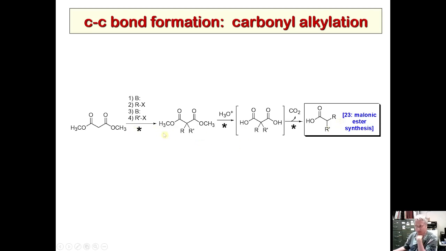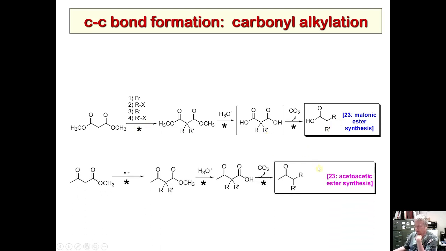The mechanism is not hard; it's just a few steps. There's also the related acetoacetic ester synthesis, which is another twist on this. This is essentially the same exact thing, and you use a beta keto ester, methyl acetoacetate, I guess it would be called. Do the same thing, attach some stuff, you get this beta keto ester, and then ester hydrolysis makes the beta keto acid,